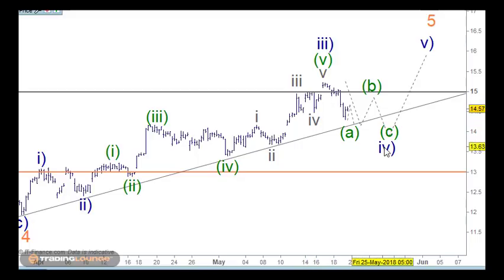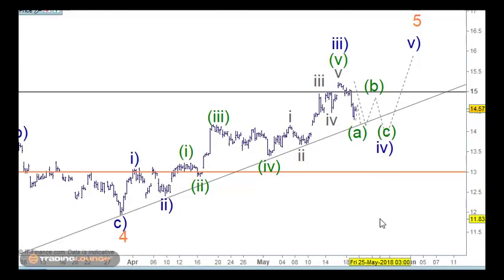However, it's possible that wave 4 could already be done just in here, because we already have an A and a B and a C. So first of all, we need to see if we get the 5 wave structure down here first, okay? If we get 5 here, then we know that we'll get this. But the point of this exercise is just to show you that BHP and RIO are in the same boat as well. We're looking from wave 4 to wave 5, and there's not a lot to go, so we're in the later stages of this particular move.